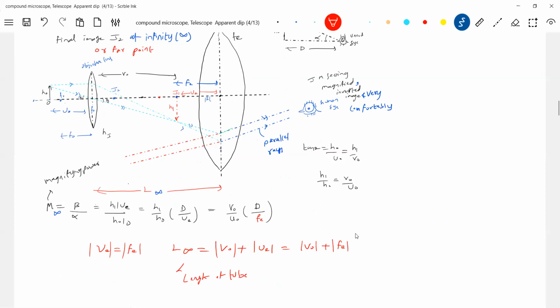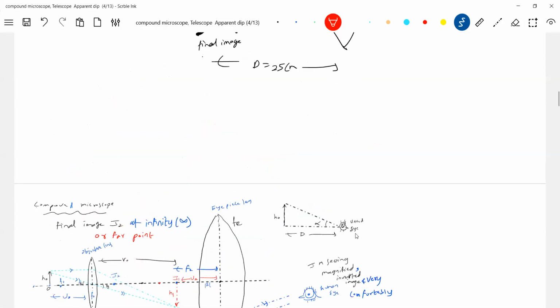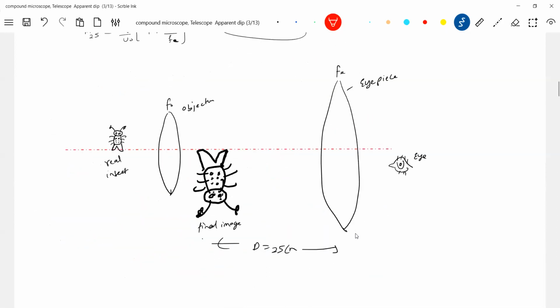And the same thing, the same cockroach, now what happened? Look at M infinity. Is it infinity? No, some finite value, no? It's some finite value, so it will appear bigger. Even for this, the same diagram, but you should not show this at infinity. That's what I'm trying to avoid. If the rays come parallelly, we have to show it at infinity, but it will be visible for us.